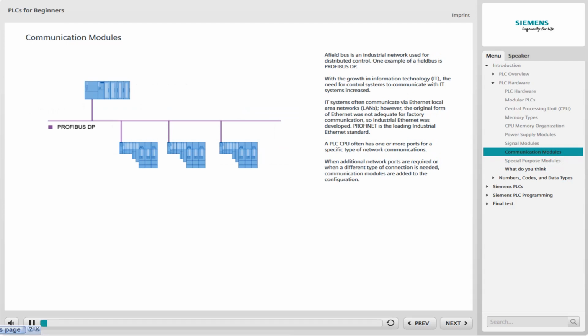At one time, PLC communications primarily used networks designed by equipment manufacturers for their own equipment. As more control devices with built-in computers were developed, the need for common approaches for communications emerged. This led to development of a variety of field buses by industry associations. A field bus is an industrial network used for distributed control. One example of a field bus is PROFIBUS DP, the leading field bus standard, which was developed by PROFIBUS and